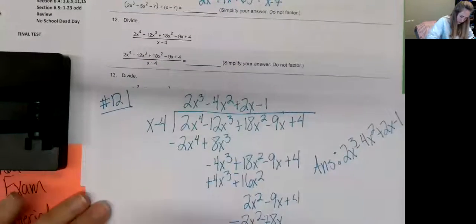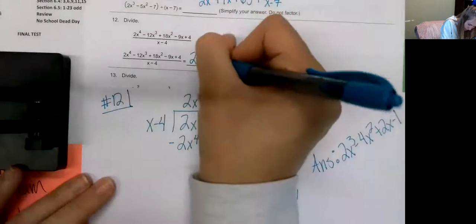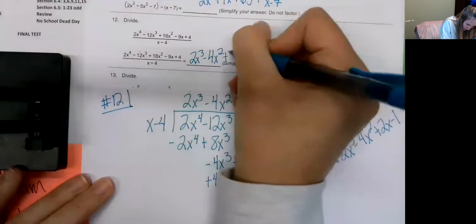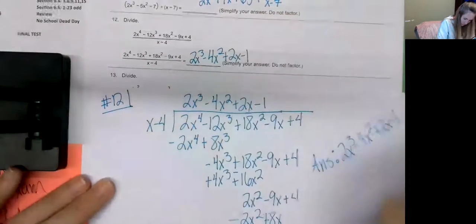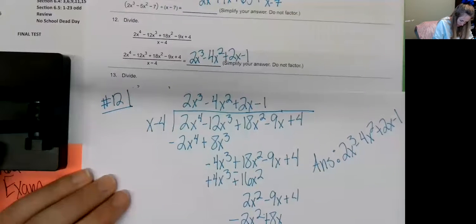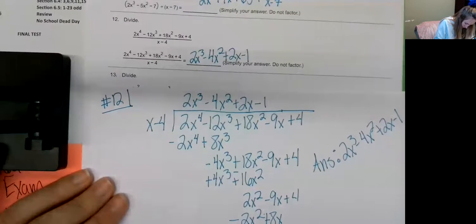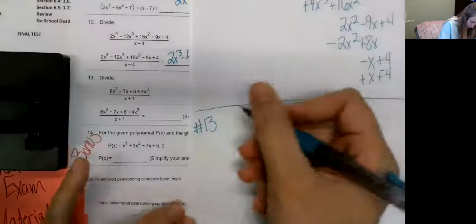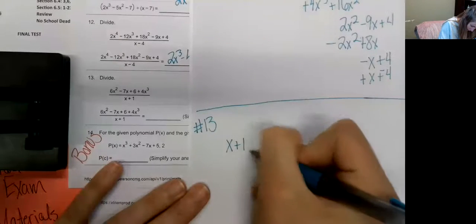Copy that down. 2x cubed subtract 4x squared plus 2x subtract 1 with no remainder. Okay, last one, number 13. So you have x plus 1,